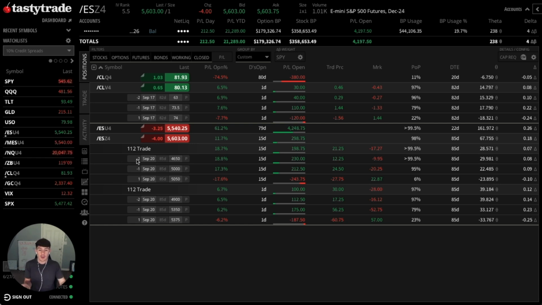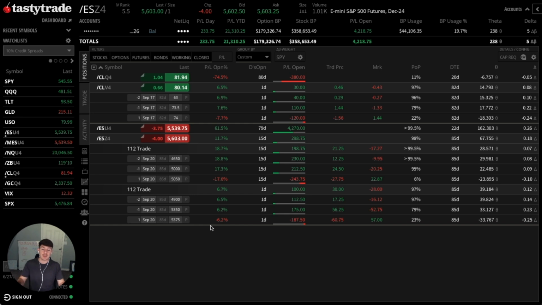Why? Well, because we're only closing this and we're leaving on an already structured trade. And not only that, it only costs $200. So if I close these two short puts, I will make about $1,000 typically, or more, maybe even $1,400, and then I have to give back about $200 for this put debit spread hedge. So I end up with a net profit on the 112 trade of roughly $1,100,